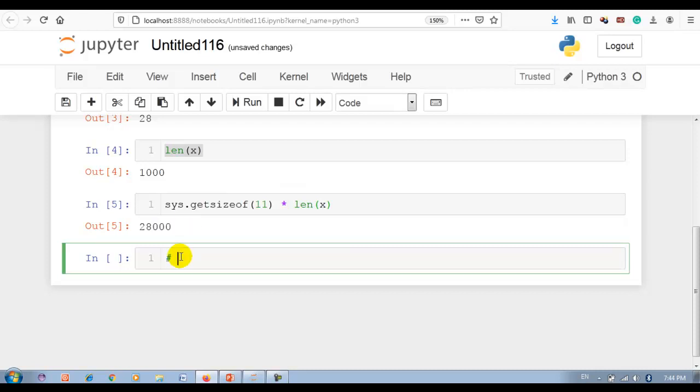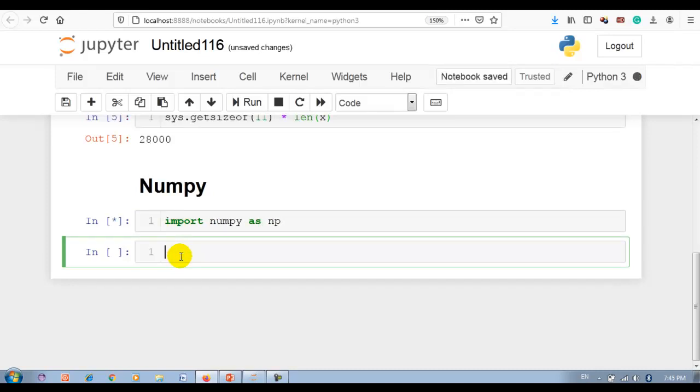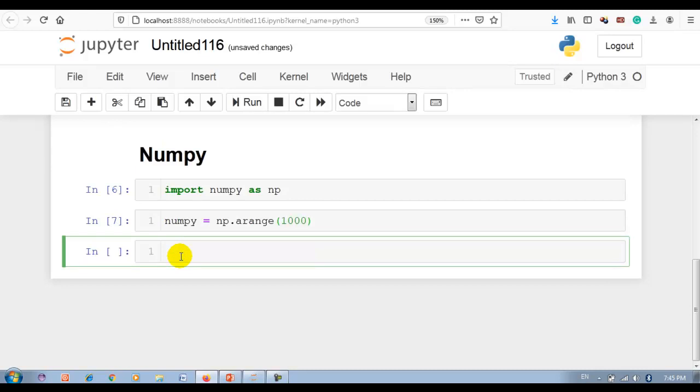Now let me check it for NumPy. So let me first import NumPy as np. Now let me create np.arange with 1000 elements.